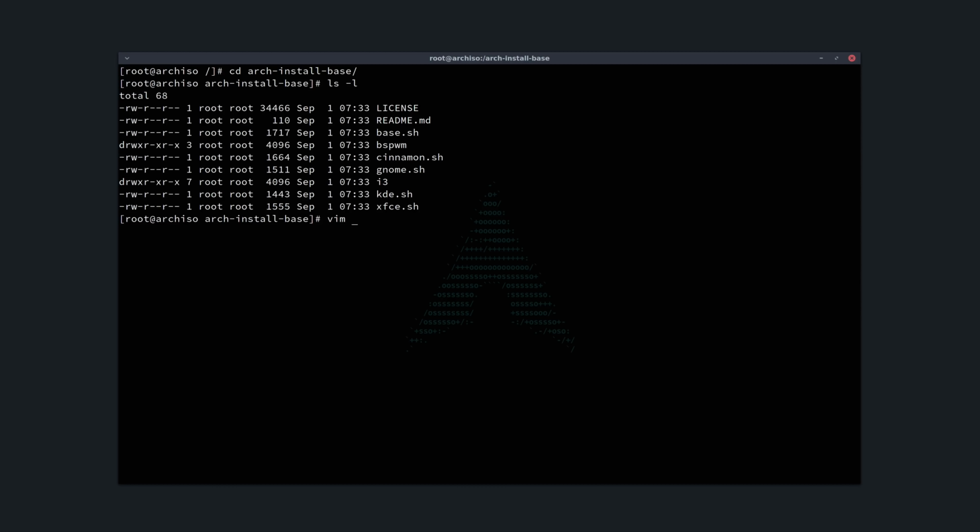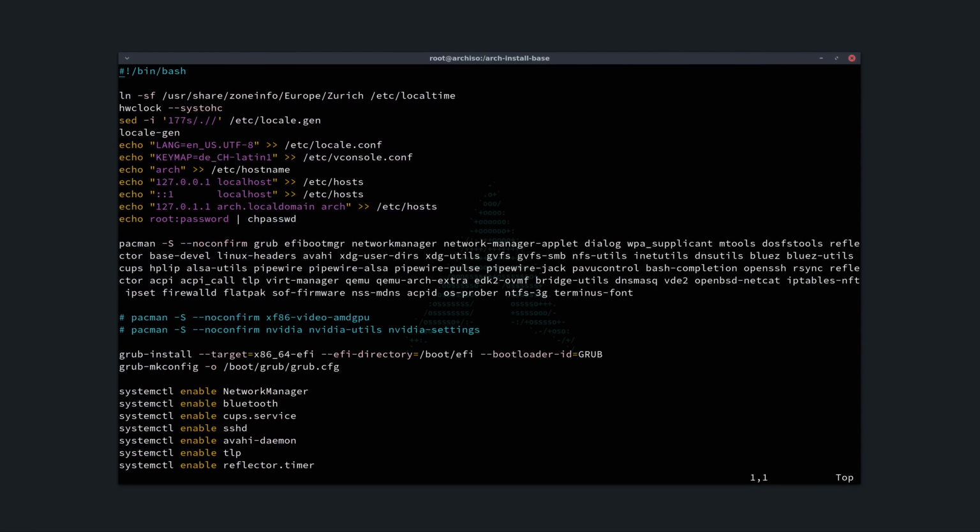So vim base.sh. Now, some of you asked me actually to go through a little bit more in depth about the packages I want to install. So actually the commands here that I'm using are commands that you will find mostly on the Arch Wiki. The ln command here is basically creating a symbolic link for my time zone. Of course, you will need to replace Europe/Zurich here with yours. And hwclock --systohc is basically synchronizing the hardware clock to the system clock. The sed editor is used here basically to delete the hashtag in the locale.gen file. And the line 177 corresponds to the